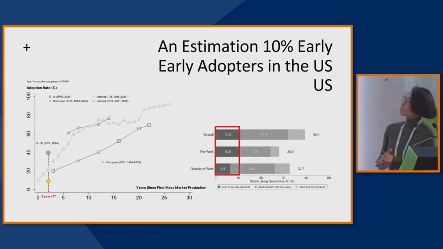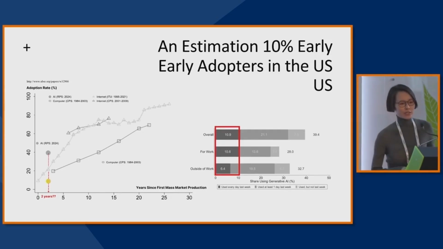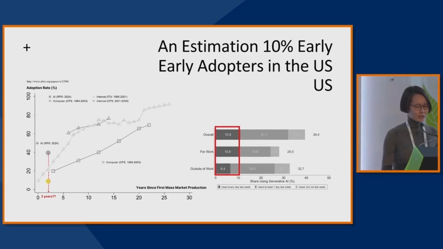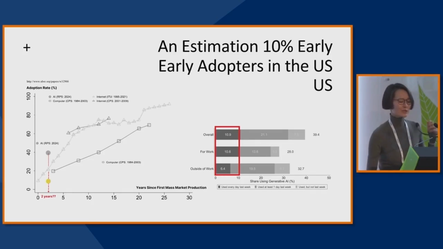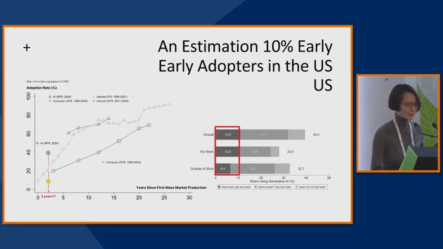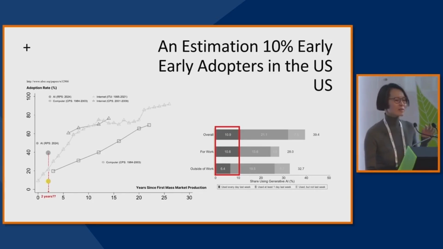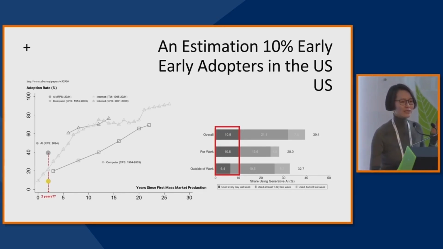What I think makes more sense is to only include the group of people who have already added GAI tools to become part of their day-to-day workflow. Only that group will qualify as early adopters. It's probably a lower range of 10%, a higher range of 15%. Although, if some of you still remember the data I talked about earlier, I said about 3%. This is still about 3 or 5 times the figure I claimed.